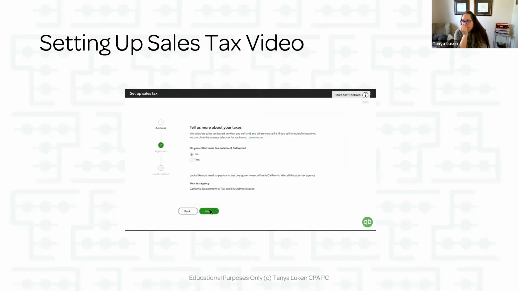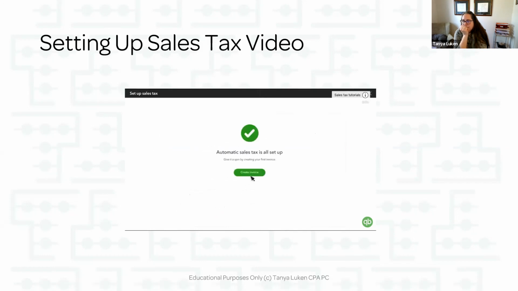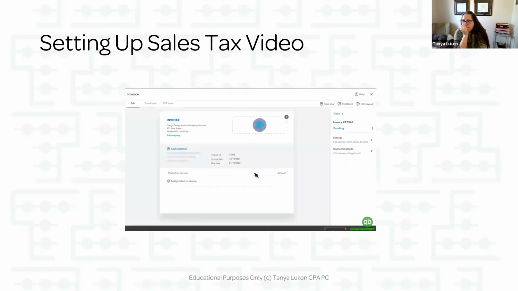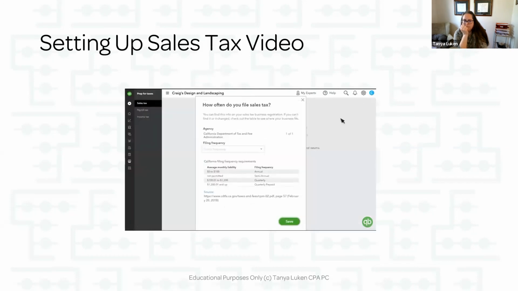And select Next. You can start invoicing customers at any time, but let's set up the sales tax payment schedule first. Every state has different requirements for how often you need to make sales tax payments. In this example, the frequency for filing taxes depends on the average amount of sales tax you collect on a yearly or monthly basis. Remember, your state or local laws might be different from each other, so be sure to check with your accountant. Now, select the Filing Frequency drop-down menu and choose how often you file sales tax.